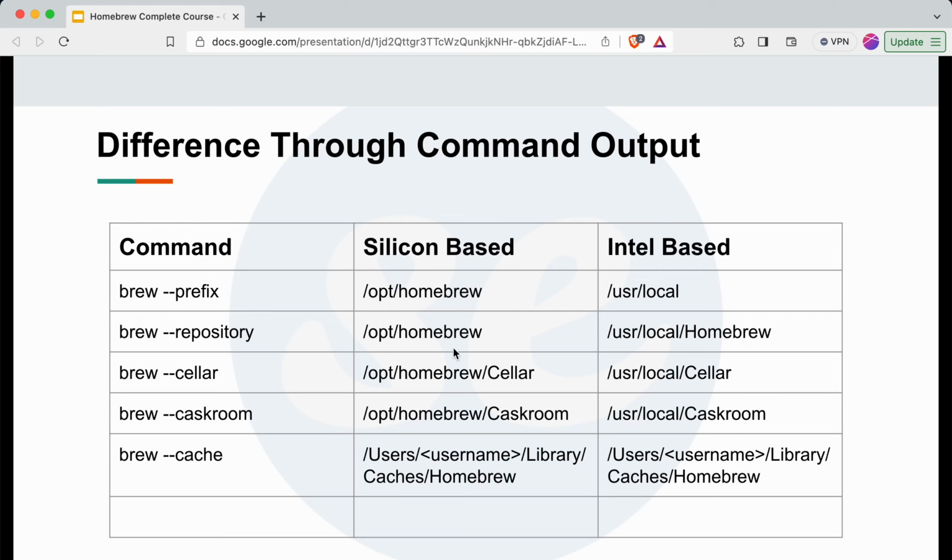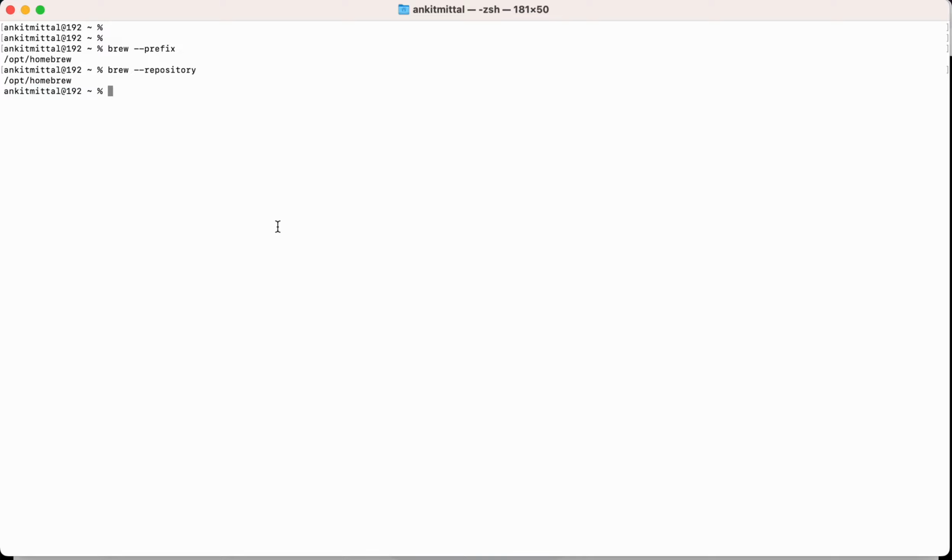If you also want to see all the repositories which are cloned, these are kept inside this repository only. If I go to opt, then homebrew, then Library, then Taps, these are the repositories which I have cloned in this system. All the repositories are inside this only. That's why brew --repository gives this as output.